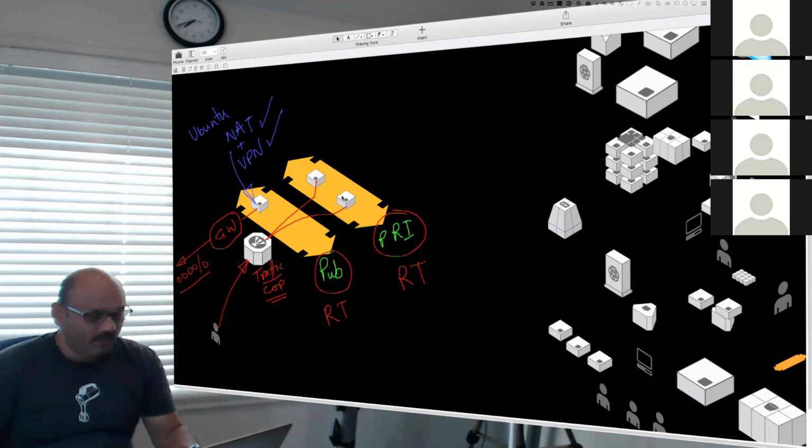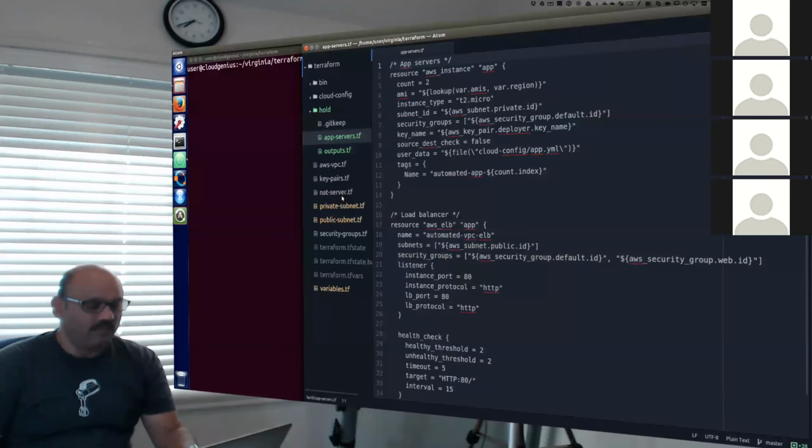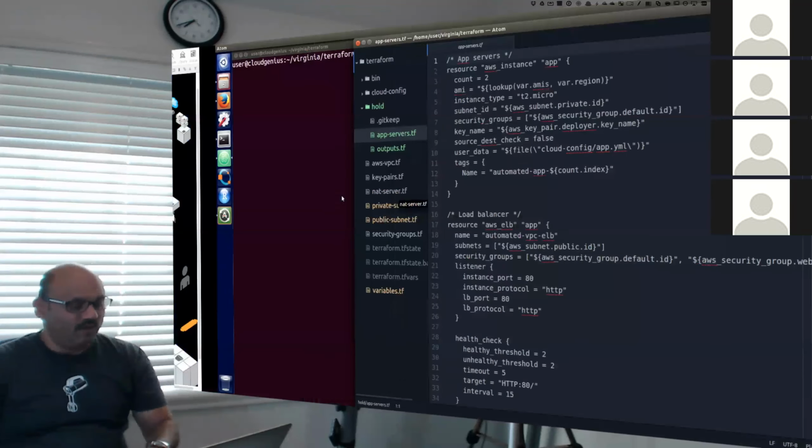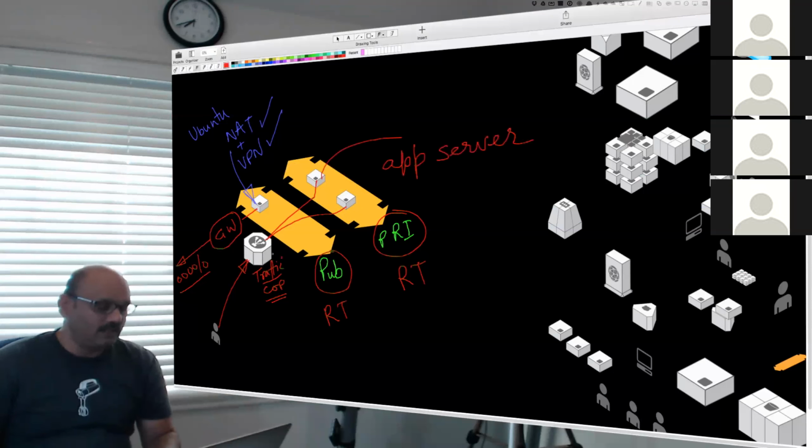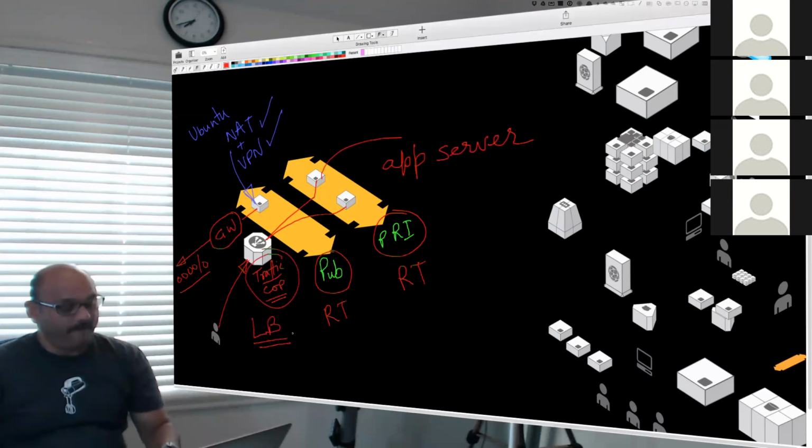So we will do that through this Terraform app servers.tf. What we are basically saying is that these boxes are my app servers. And this traffic cop is my load balancer. And we will use the Elastic Load Balancer service available to us in Amazon.